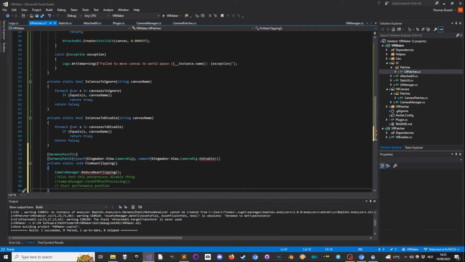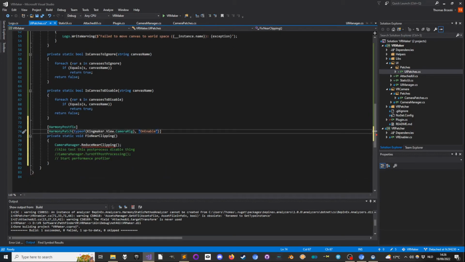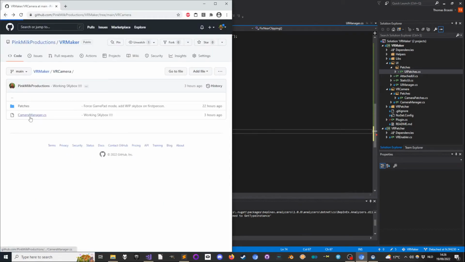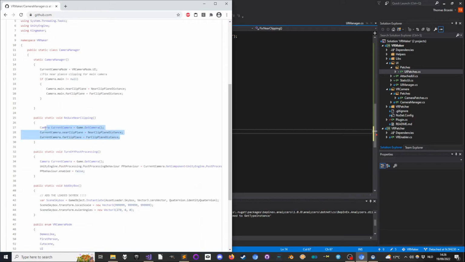I'm going to make a Harmony postfix, type of KingMaker view camera rake, so the camera rake class, and the onEnable function. Now here it complains that it does not have an onEnable function. That probably means it's a private function, which means we can use the strict libraries, or for the scope of this tutorial just use onEnable as a string. We want to use this function, camera manager reduce near clipping, which I put in the camera manager, which is just